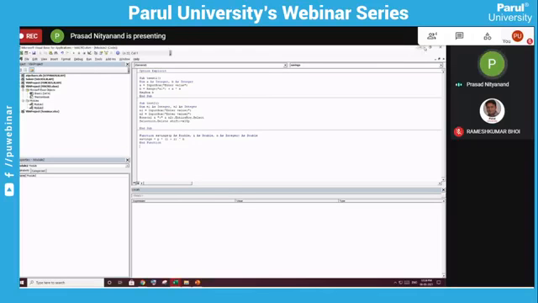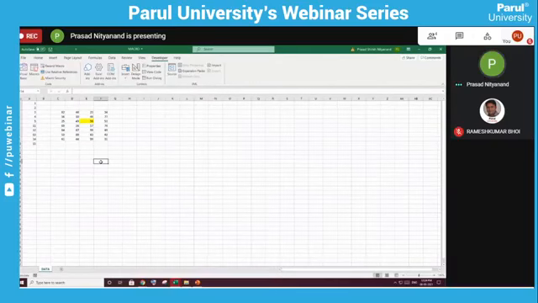After creating this function, how will you use this function? I will use it by typing equal to savings, and I will give the three bracket values. 3000 is the principal amount. Interest rate it will be 0.05, 5%, and the number of years that is 3. So this is the savings. So after 3 years at 5% interest rate, 3000 will become this much value. So this is how you can create your own custom formulas and use them in Excel.